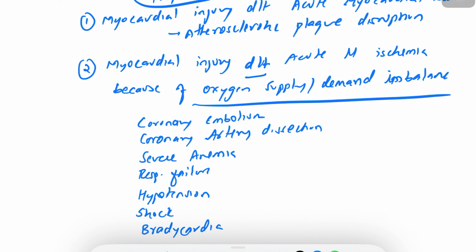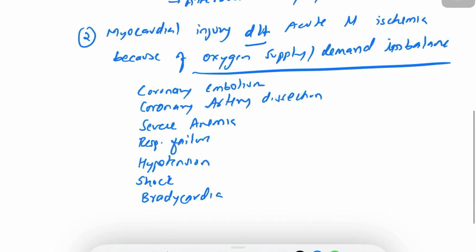These are the causes which can lead to oxygen supply-demand mismatch